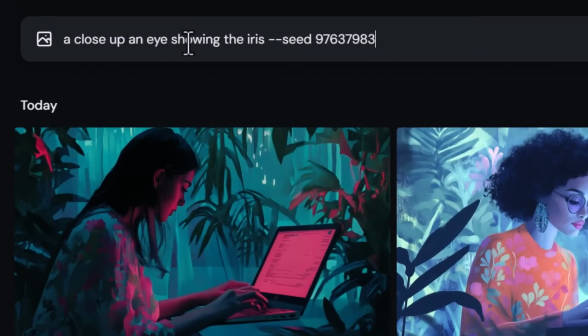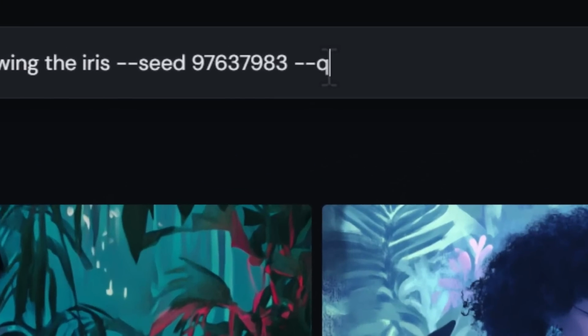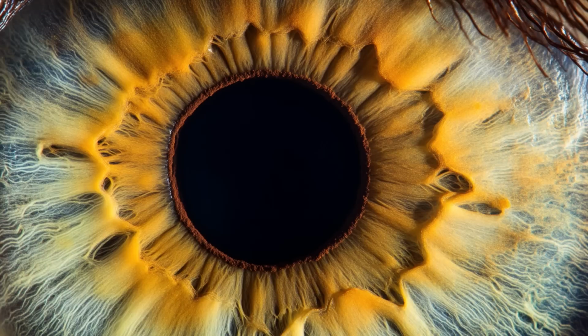I have a close-up of an eye showing the iris. And I've actually popped a seed in there this time so we can get a very direct comparison. Now what I do to lower the quality is type in --Q space 0.5 to bring the quality down. This means it'll create the image in half the time and use half of the power, and therefore it renders less detail. I hit enter and we get this image, which is actually still pretty good despite only using half